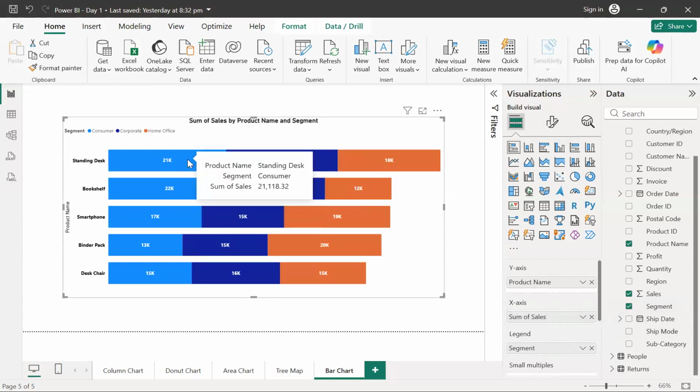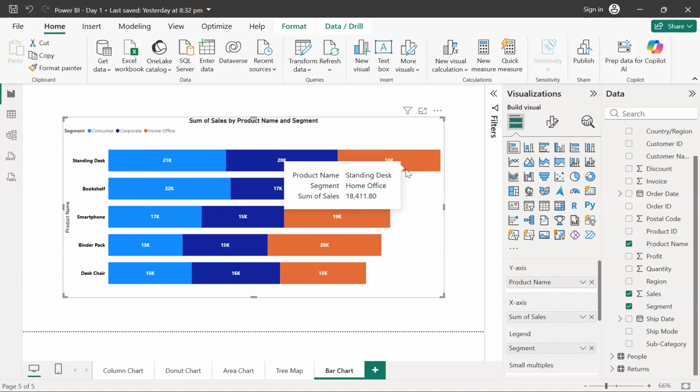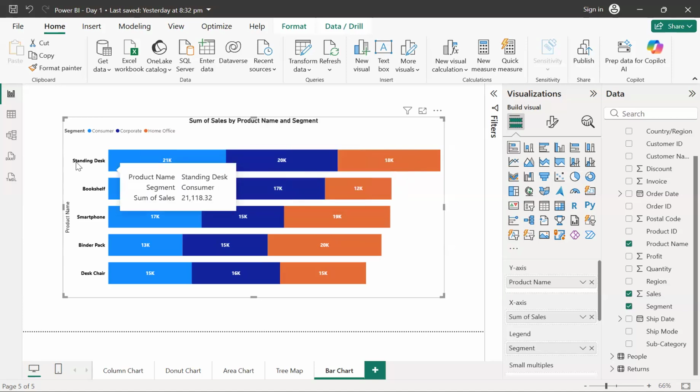So you can easily analyze, let's say for the first product, the standing desk, if I divide the total sales into three categories, I can see which category has the maximum sale. The maximum sale comes from the consumer, followed by corporate, and lastly the home office for this product.